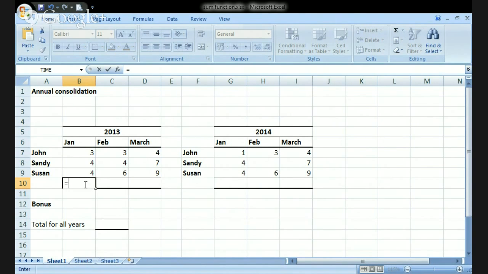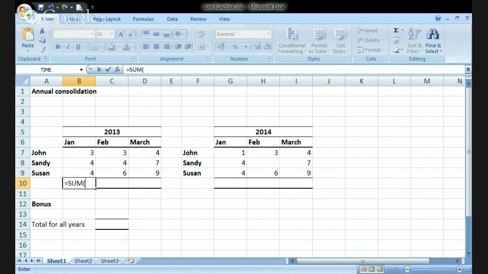But when using a function, the function name comes next. And as I said, we're using the sum function. And you'll see that underneath a list of other functions appears that are the same as that, and I can go off and click on any of those to find out what they do. A pop-up appears, which is great, but I want the sum function, so I'll double click on